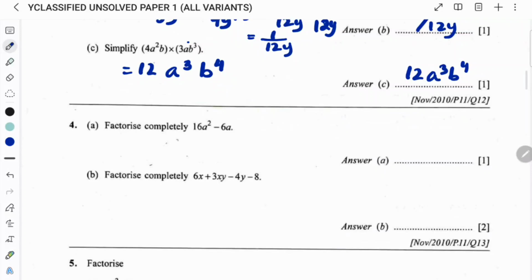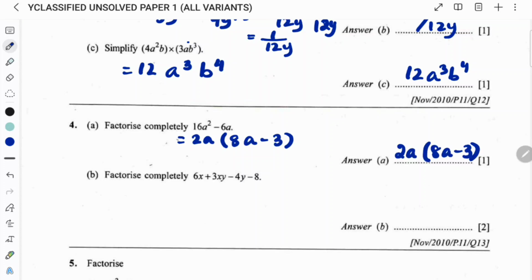Question number 4, factorize completely 16a minus 6a. So 16a minus 6a, obviously 2a is common because 16 and 6 both come in the 2 times table, the highest table, and then 2 times 8 is 16. The 8 will remain inside because the a is outside, and for 6a we just write down 3 because a is already outside and we cannot do more, so write down 2a times 8a